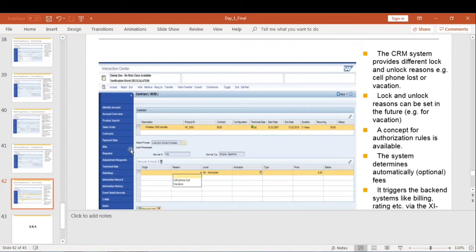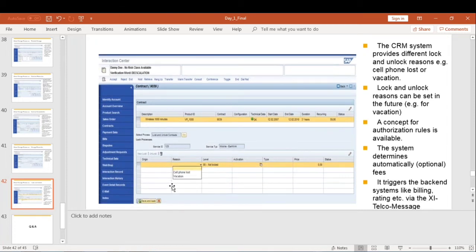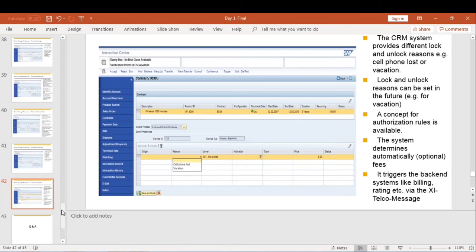Here you can see the lock process, that is, this is a SIM number, and it is a mobile service, and it has to be locked temporarily for 3 months. So these kinds of things can be done in the order change process.